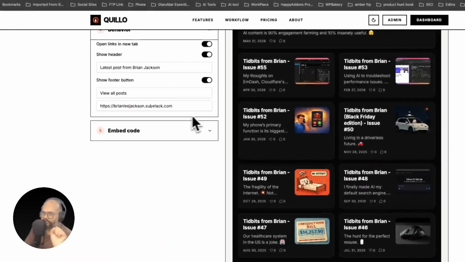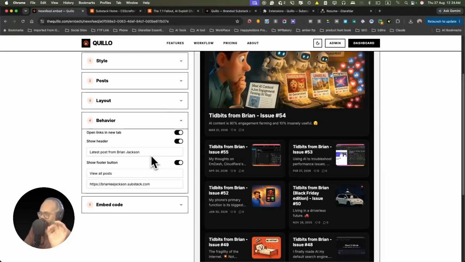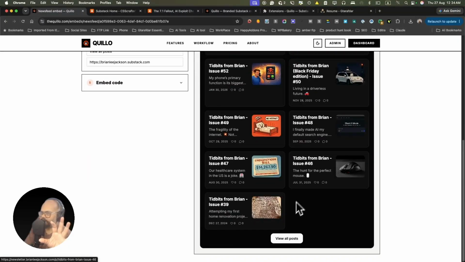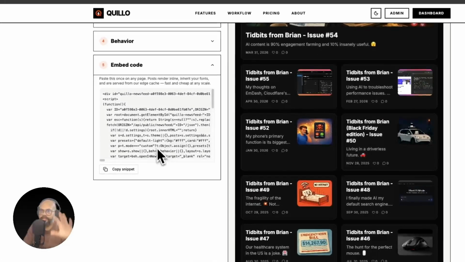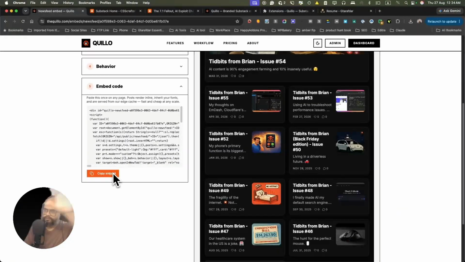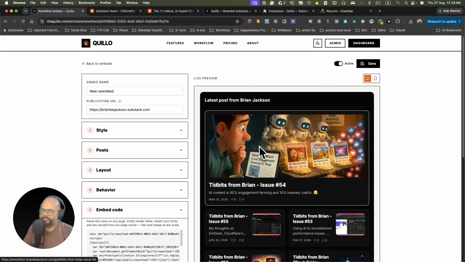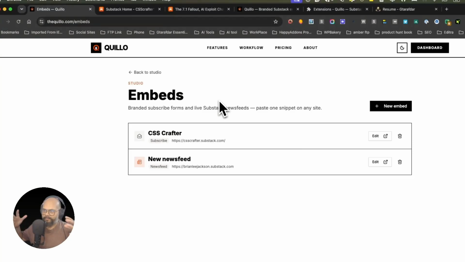These are the very cool things. The behavior, like the latest posts from, you can create the header, view all posts, and something like that. These can be changed. You can add the URLs, and this is the embed code. Just copy it and paste it into any page of your website, and it's really boom. It's all good. So this is the full mechanism I bring